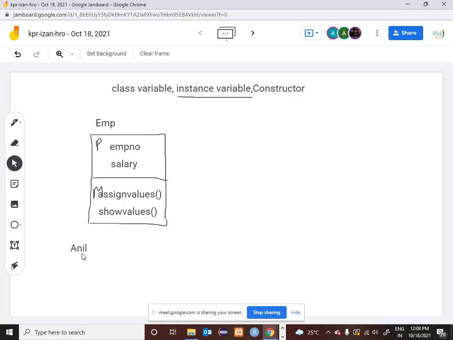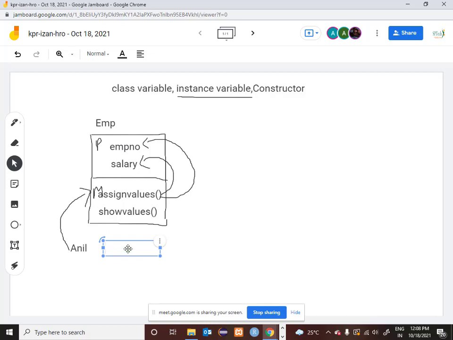To do that, from the Anil object, I have to call this assign values method, which in turn will assign values to employee number and to employee salary.